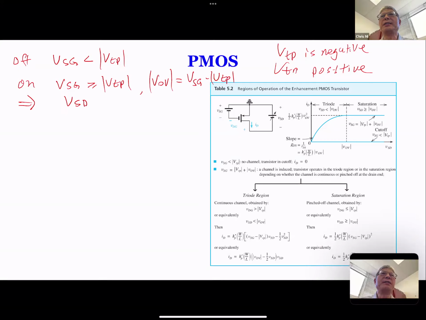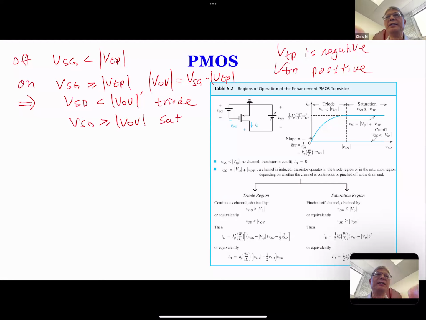So when VSD is less than VOV, it's going to be in the triode region. When VSD is larger than VOV, it's going to be in the saturation region. And in the triode region, the equation for ID